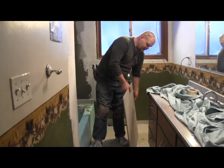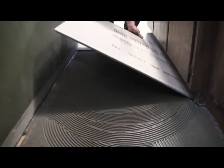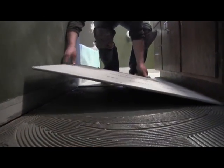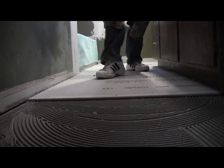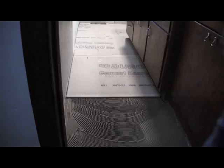Okay, so what we got here is I just got done doing the last of the thin set, and now I'm putting it all back into place. Stuck a piece out here, so I'm hopping, but really